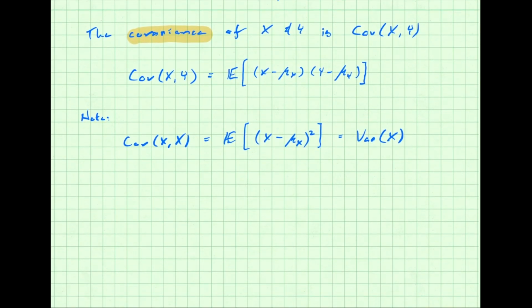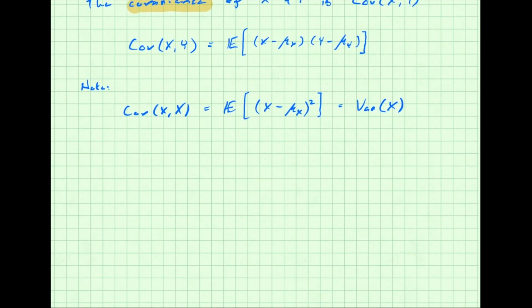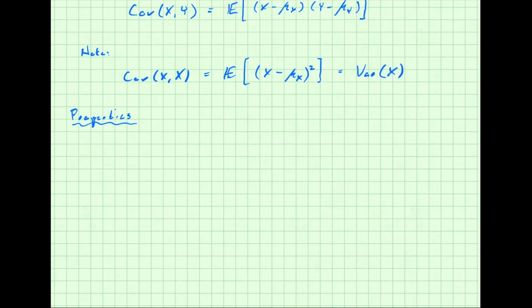All right, so let's just look at some properties of this and we'll try to prove them. There's quite a few little properties here that we're going to look at. All right, and we're going to prove each one of them. So the first property is the following. The covariance